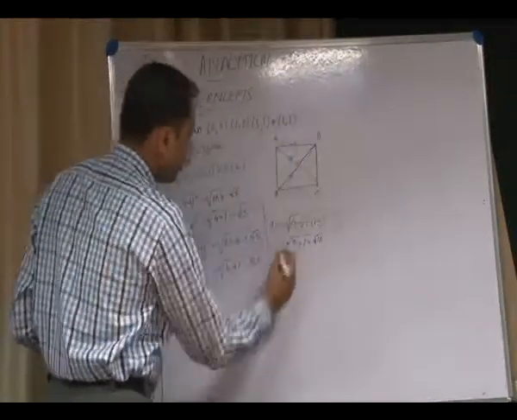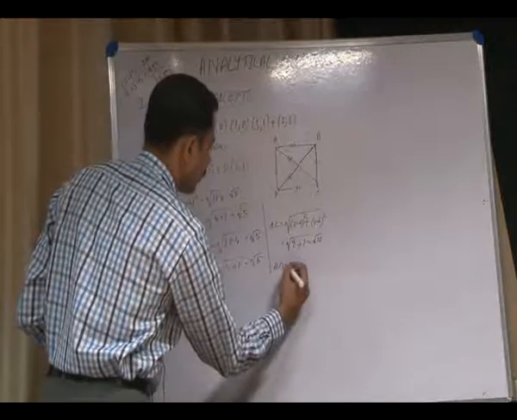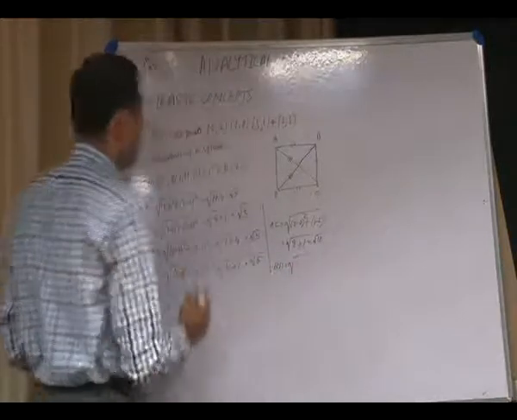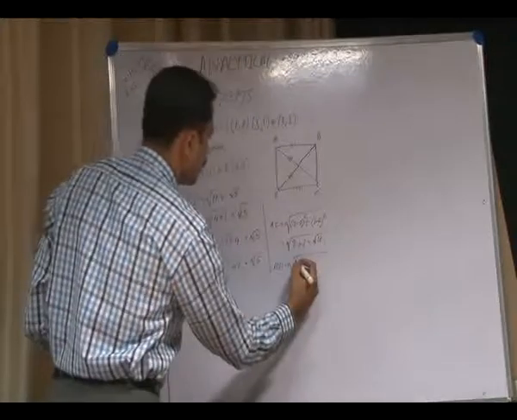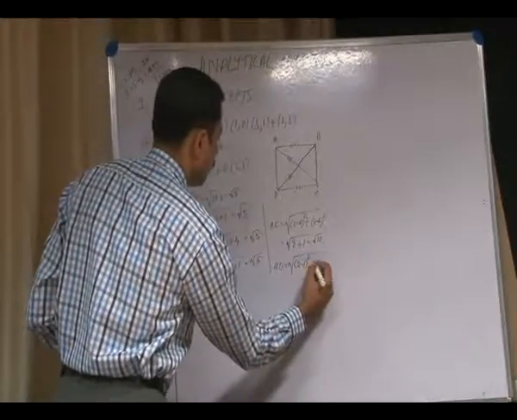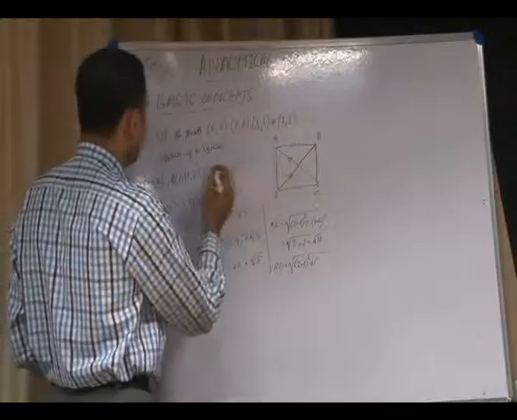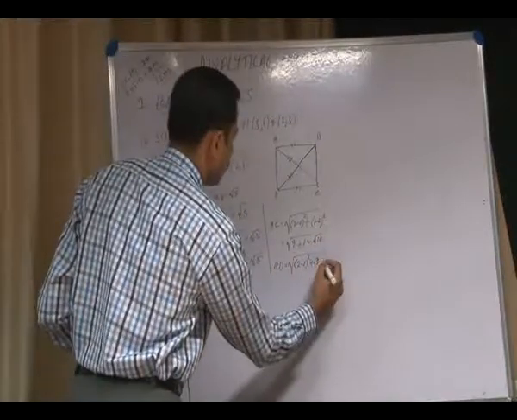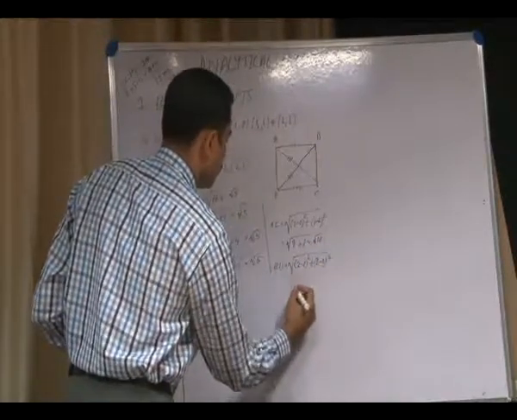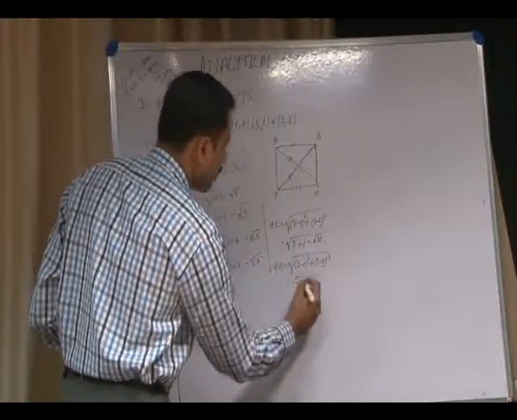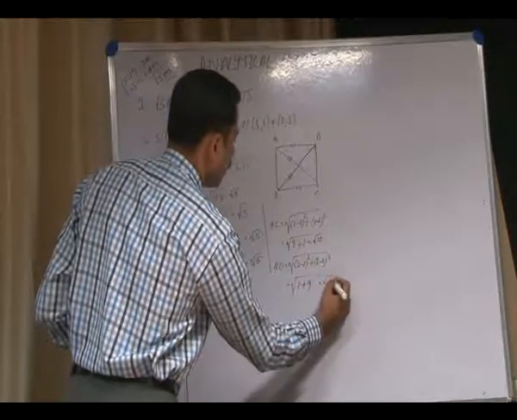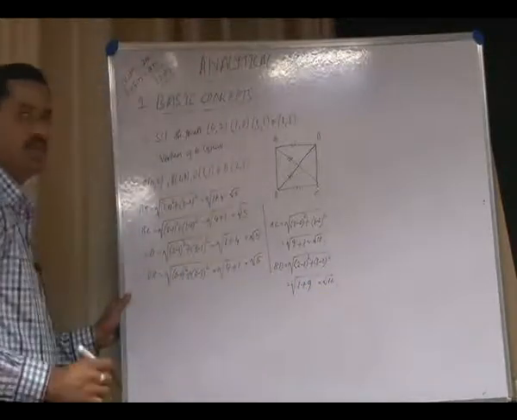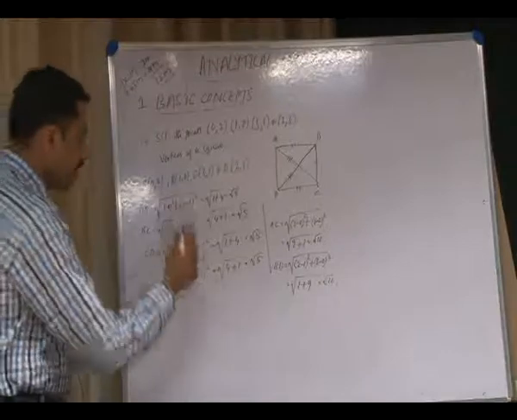Similarly, the other diagonal BD is equal to the square root of, B is the first point and D is the second point, (2 minus 1) whole square plus (3 minus 0) whole square, that is the square root of 2 minus 1 is 1, square is 1, plus 3 square is 9, you get the square root of 10. So, from observation here it is clear that